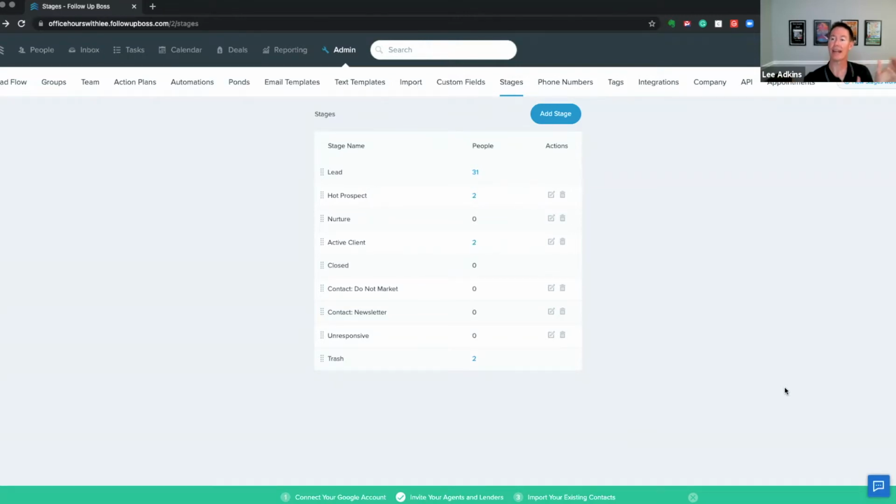Don't expect an agent to actually push through. I'm thrilled to death if I can get an agent to move it from lead to hot prospect to active, and then maybe take over internally.